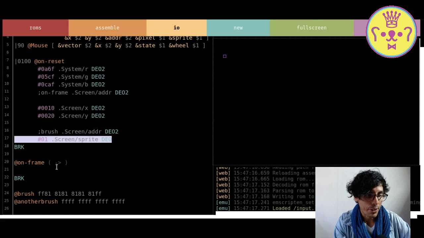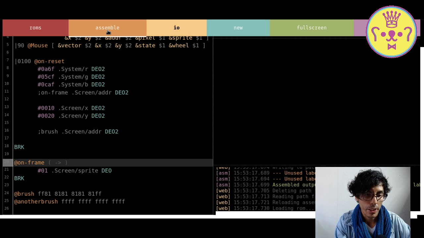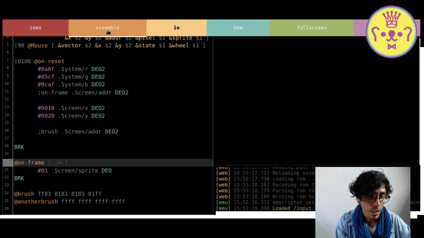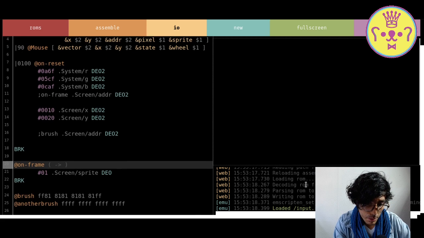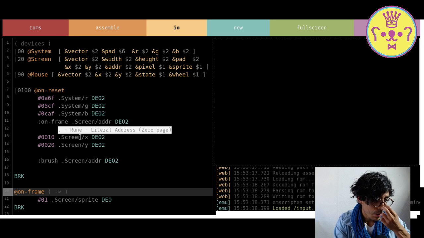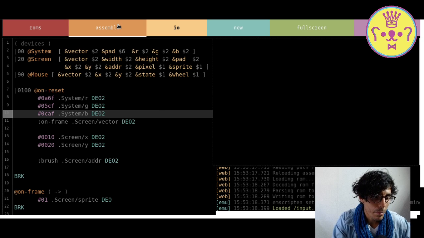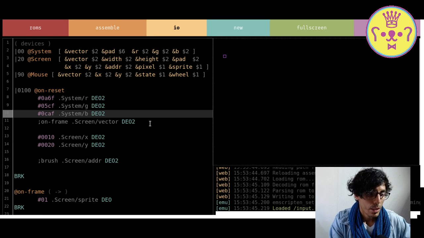For example, we could have the drawing happening here. This will look the same, or not. What's happening? Sorry, it's screen vector. And just as a little demo,